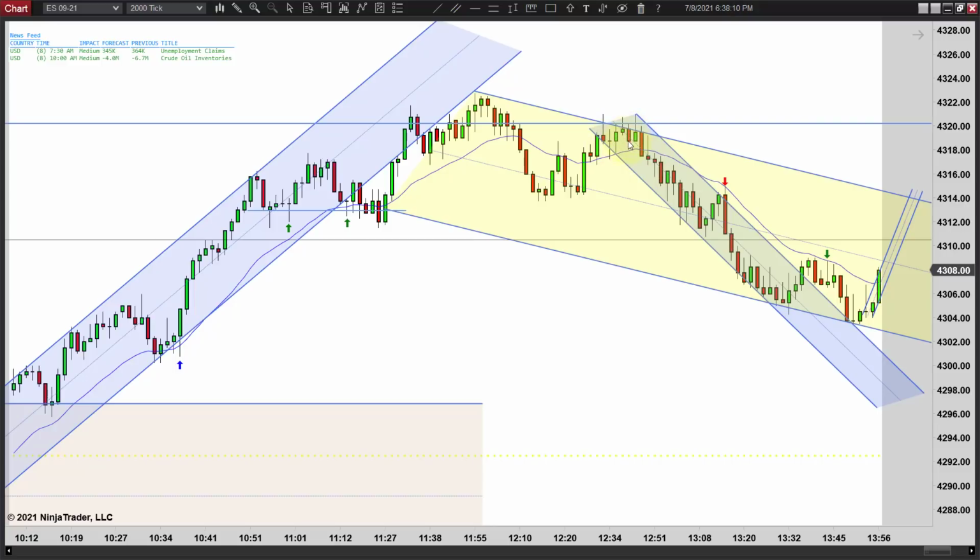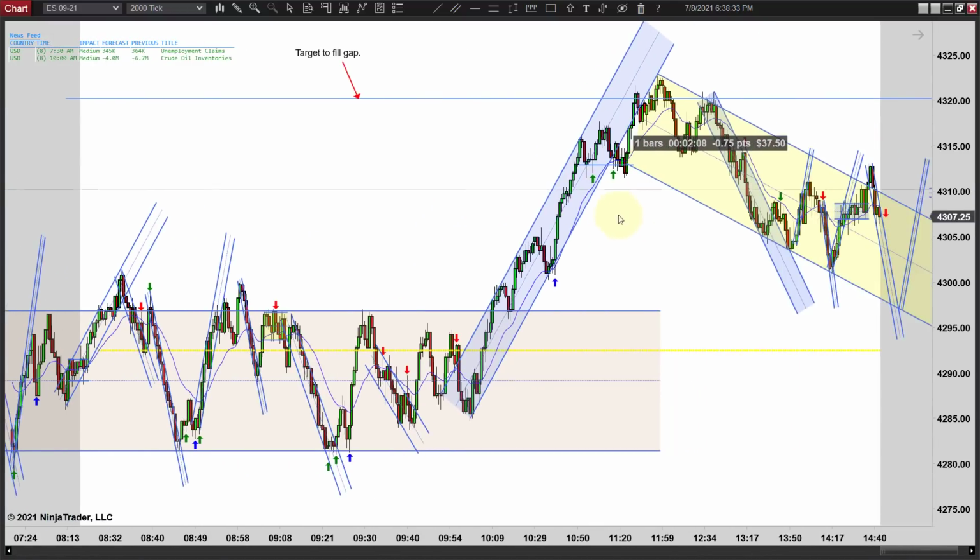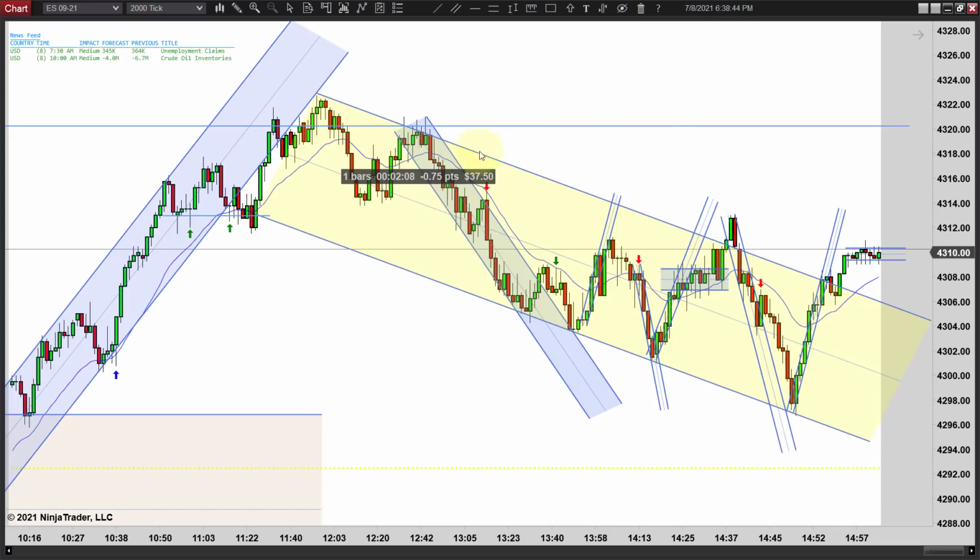If you did, you probably lost right there. I don't know if there's 4 ticks in there or not. Actually, you need probably 6 ticks to be able to trade. I'm just curious what you got there. No, you only got 3 ticks there, so you would have got stopped out of that one trying to pick a top again. So you can clearly see at the highs there's no consistency here. That was to fill the gap, and you can see once that was completed, they tried to take it higher a few times. It failed, but I don't see any way to trade that